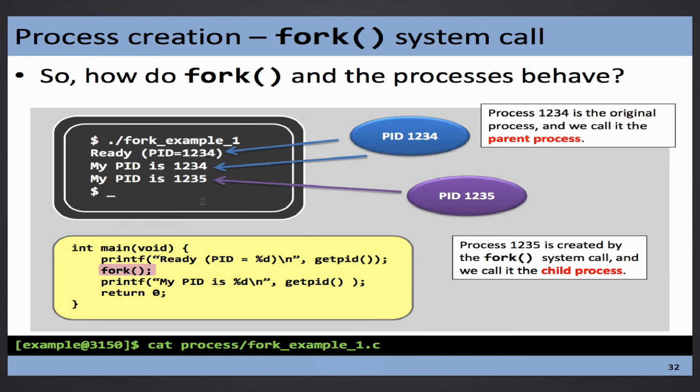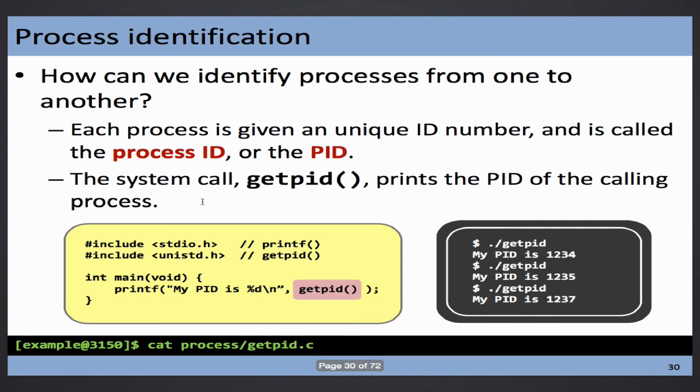I have two questions. First of all, when you use a fork system call, will the first line be executed by the new process or the old process? So how to distinguish who is new, who is old? I already added a call in the slides. You can read ahead. On Monday, I will present it again. It's called getpid, just like your ID card number. Every process has an ID card number, which is unique.